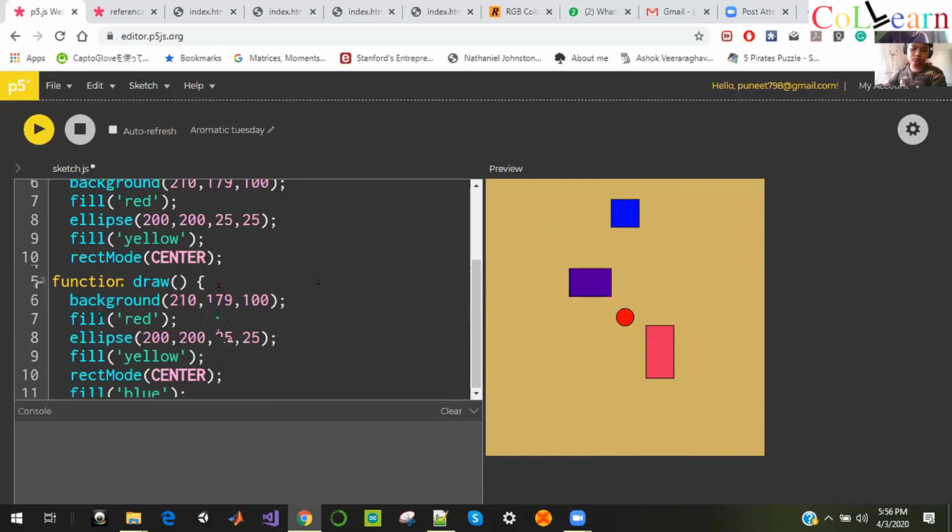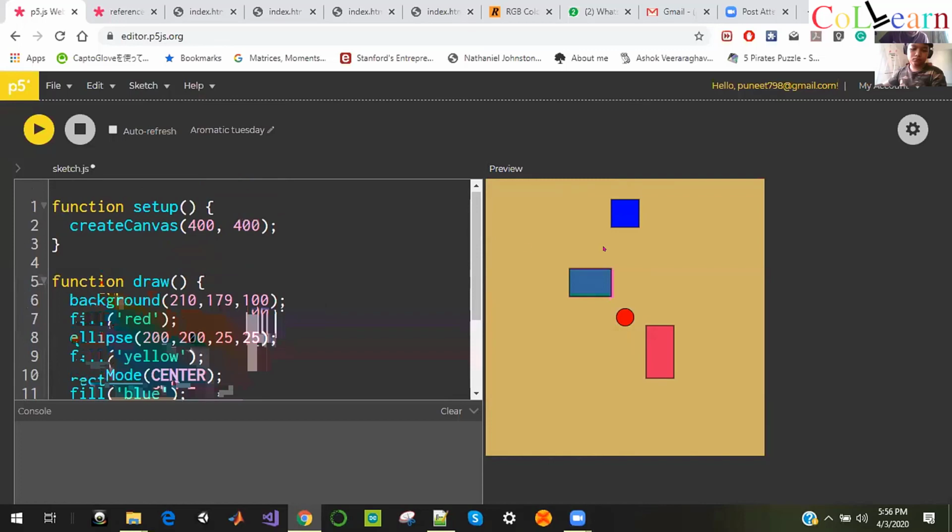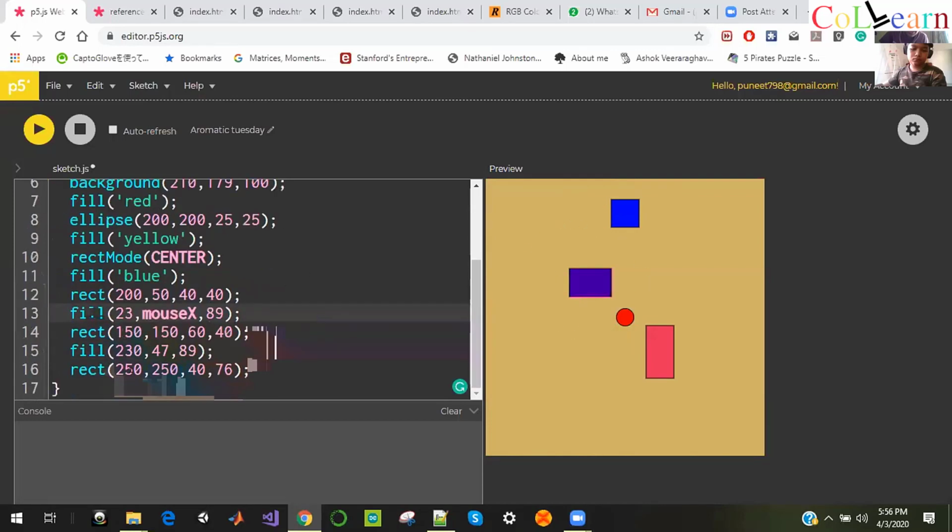Oh yes. The reason I wanted you to make the background static is to see all these changes. Now, instead of changing the color with mouse X and mouse Y, what if we change the coordinates, or the length and breadth of the rectangles, with mouse X and mouse Y? Instead of the length and breadth, just write mouse X or mouse Y. Probably write mouse Y, because you have written mouse X, I think.